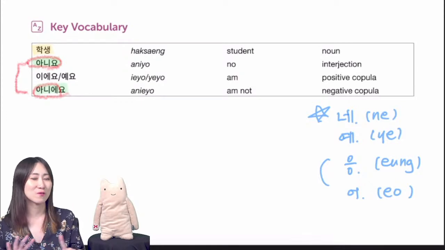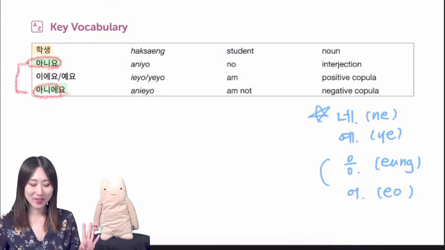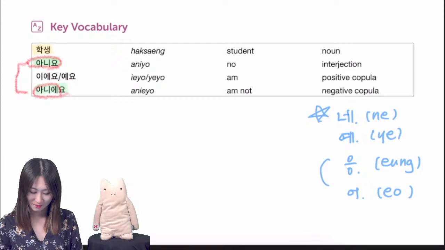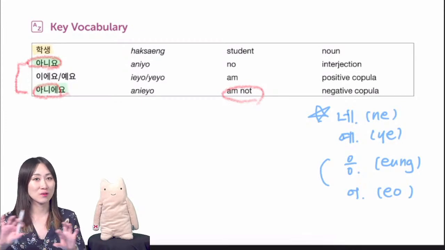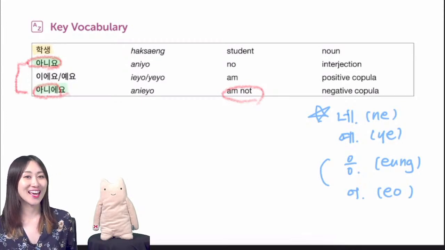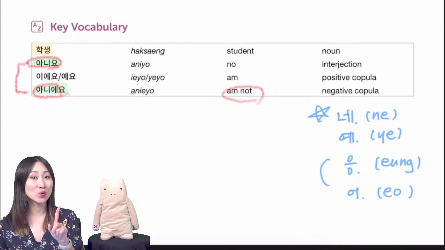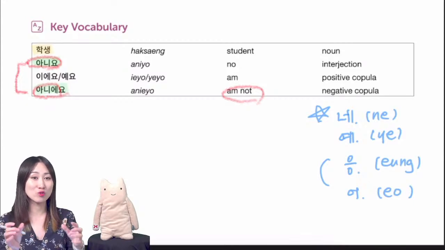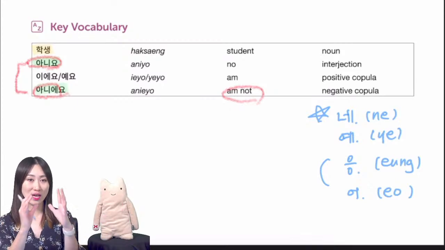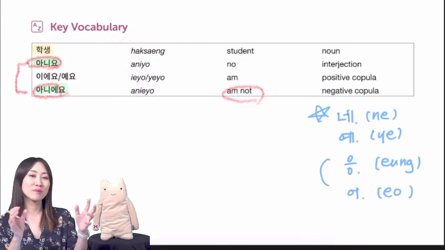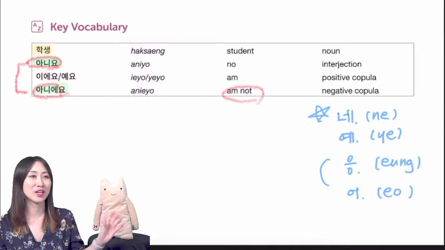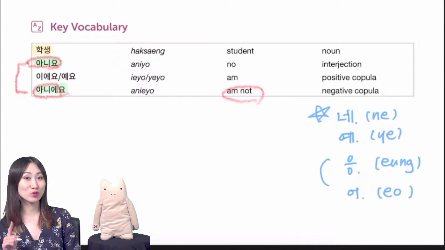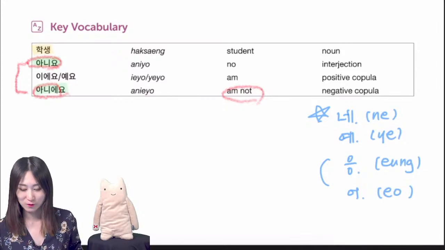아니에요 is something different. It means "am not". Look at this. It means am not, something is not true. So 아니에요 is different. And 아니요 is just no, so it's not used in a long sentence usually. It's just 아니요. 아니에요 can be used in a long sentence. Something, something, something is not true. 아니에요. I'll show you more examples soon, so be careful.